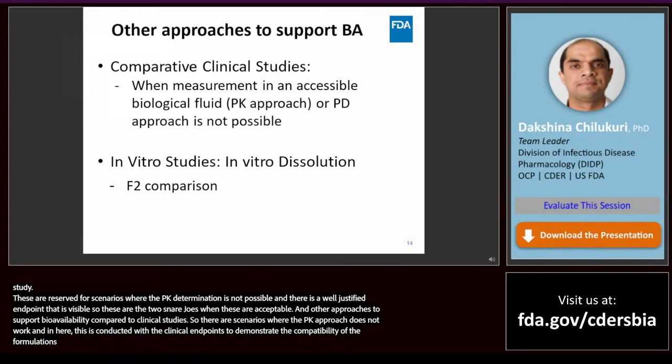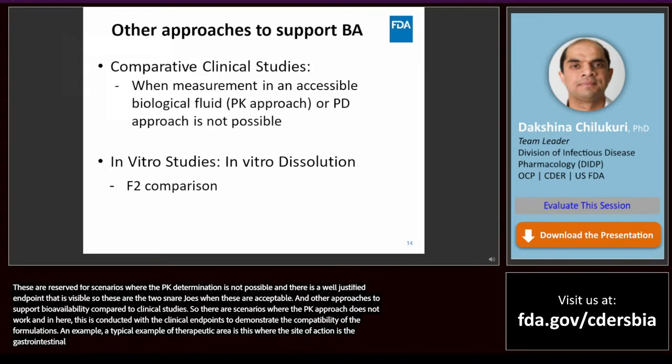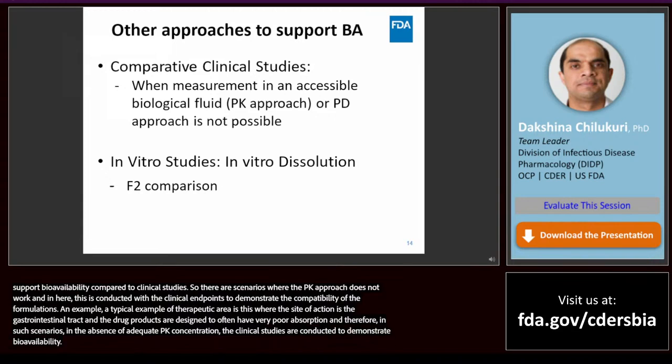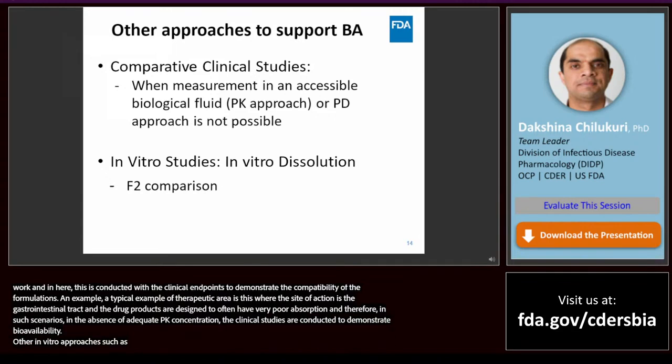A typical example of a therapeutic area is the traveler's diarrhea, where the site of action is the gastrointestinal tract, and the drug products are designed to often have very poor absorption. And therefore, in such scenarios, in the absence of adequate PK concentrations, the clinical studies are conducted to demonstrate comparative bioavailability. Other in vitro approaches, such as in vitro dissolution, are not covered in detail in this guidance, but